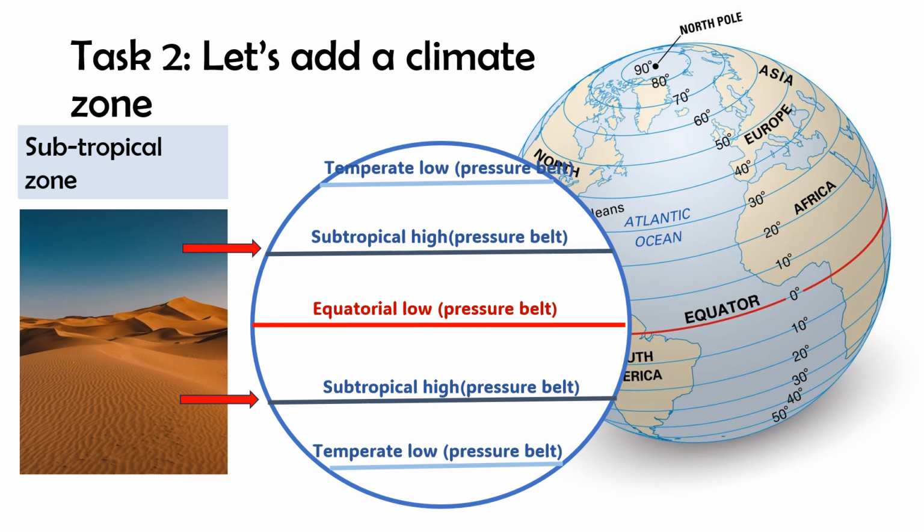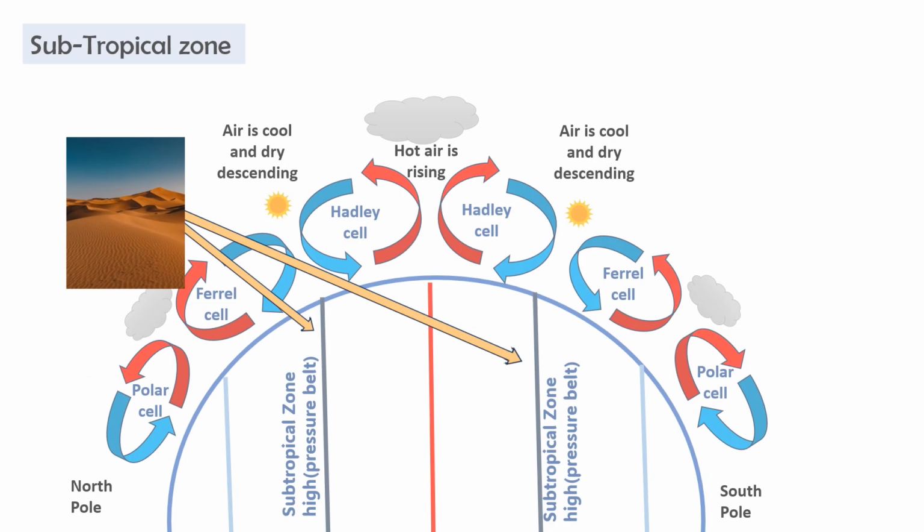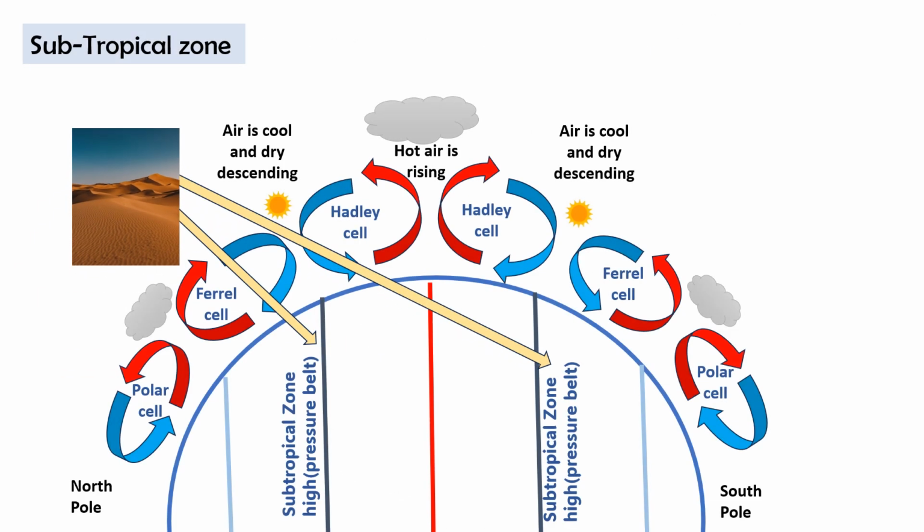are the subtropical zone first. Okay, so here we've got a subtropical zone. So as you can see, it's a high pressure belt. So it's just that area where you get lots and lots of deserts. Air is cool and dry and descending, remember, and it's kind of that area between the Ferrel and Hadley